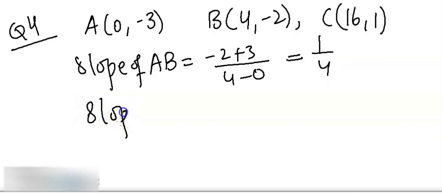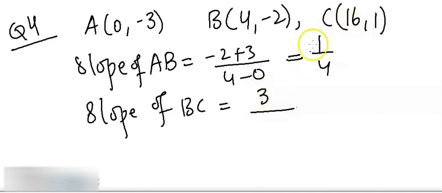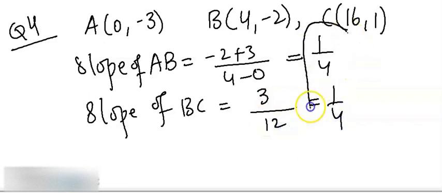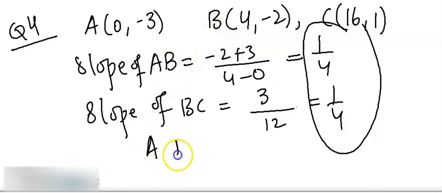Now you calculate the slope of BC, that is going to be 3 divided by 16 minus 4, which is 12, so 1 over 4. Since the slopes are the same, A, B, C are collinear points. So let's move to the next question, and the next question says that